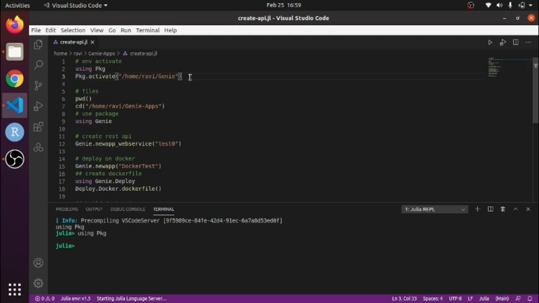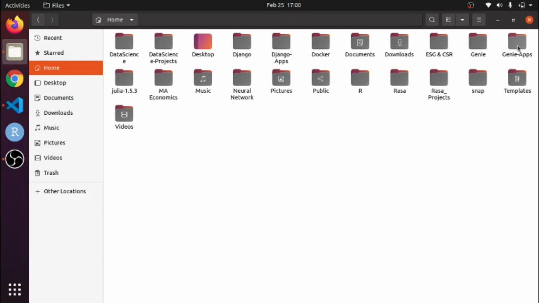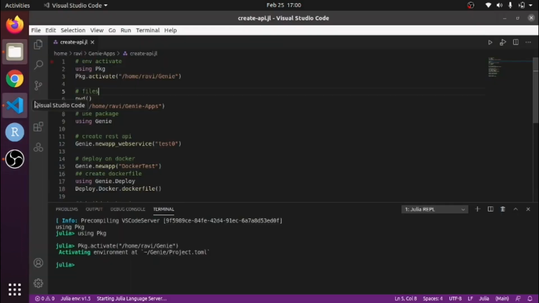To create a REST API in Julia, I am using the Genie package. So this is the basic command. First, I am activating the Genie environment. Then I change the directory to Genie apps. If you observe here, this is my folder, so I go there by running this command cd, change directory.